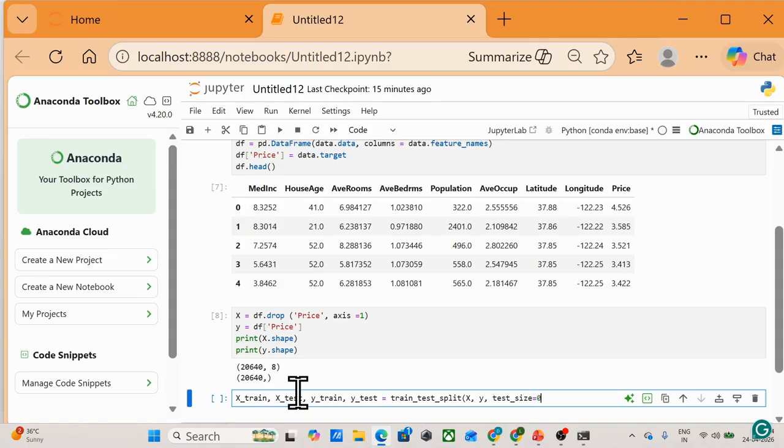Okay, so we'll write here 0.2. Okay, and we take random state of 42.